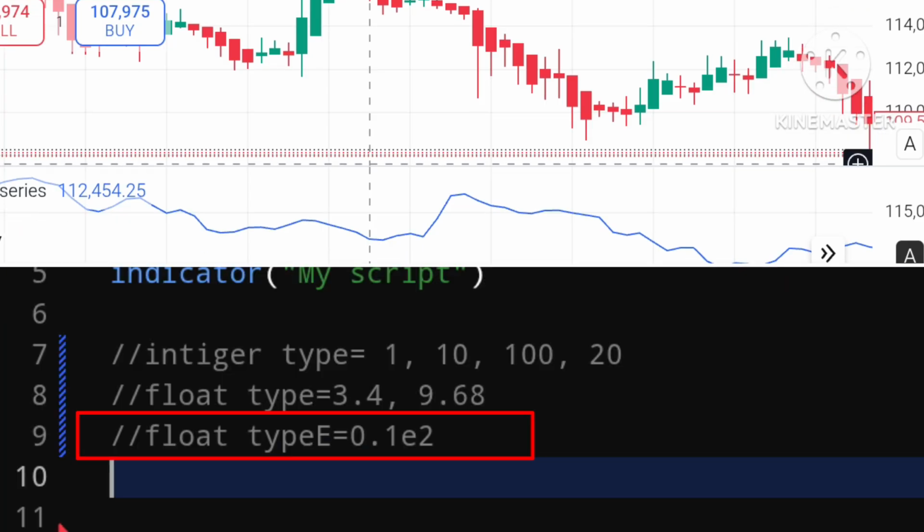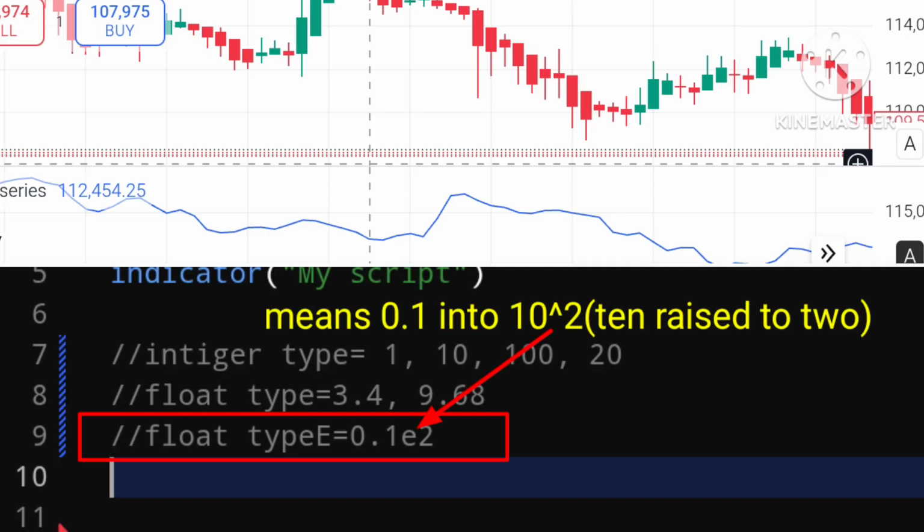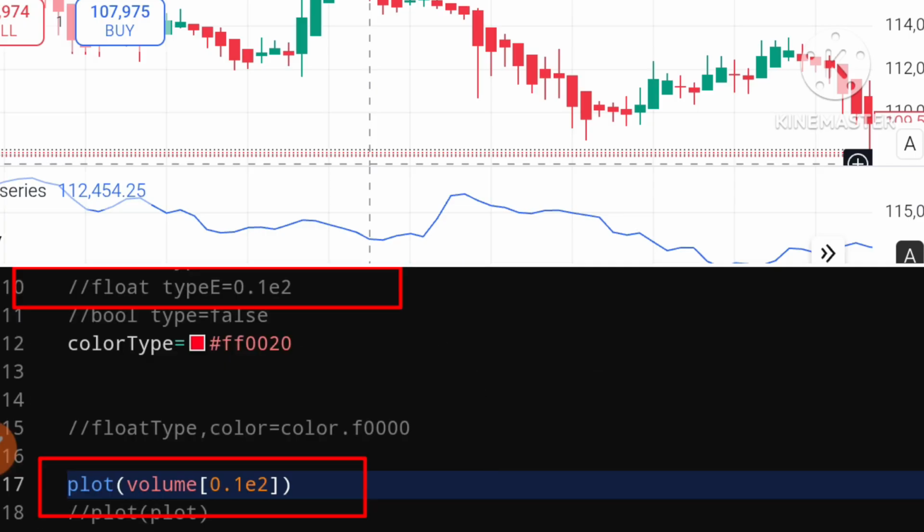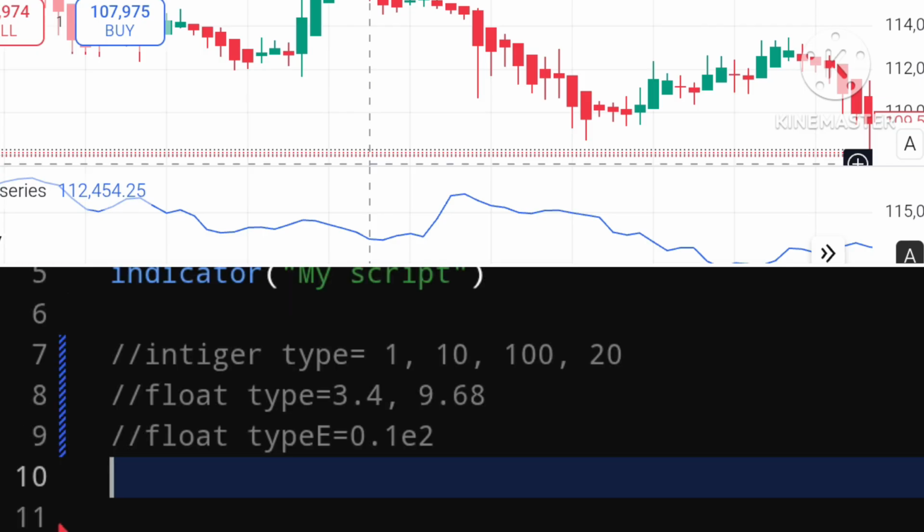And if I were to say 0.1 and then use the mathematical operator E and then put 2 on the end here, what this is saying, written in scientific notation, is the result of this equation, which is 0.1 times 10 raised to 2. Now it is not often you will need to use this, if ever, but the option is there if you need to or if you are mathematically inclined.